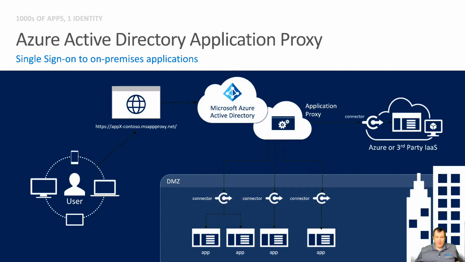And this is a really kind of a cool cloud service that I like. It's something that I don't think gets talked about enough because it's a fairly common scenario. You can access on-premises apps securely. You connect to a cloud service and auth with AAD. And then that's going to route the traffic via secured connectors. And it can be Azure or third-party Amazon IaaS solutions. And those connectors then will route the traffic